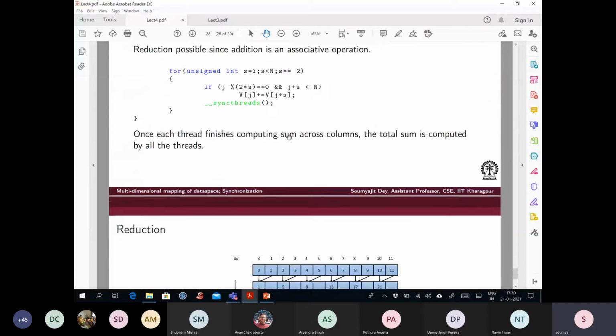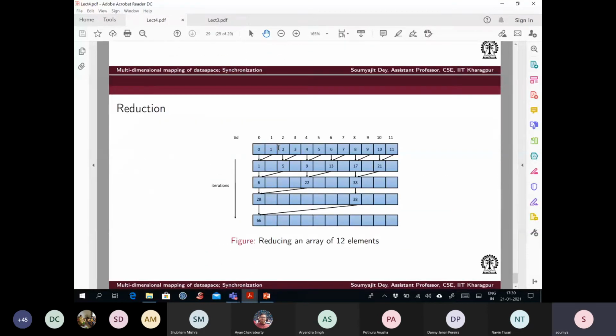Suppose all the threads have calculated the partial sums and you want to add them. In the first iteration, half of the threads will be active and they will add their own sum and the next thread's sum. In the next iteration, a quarter of them will be active. They will add two partial sums, and in that way the number of active threads will decrease logarithmically, and finally you will get the solution.